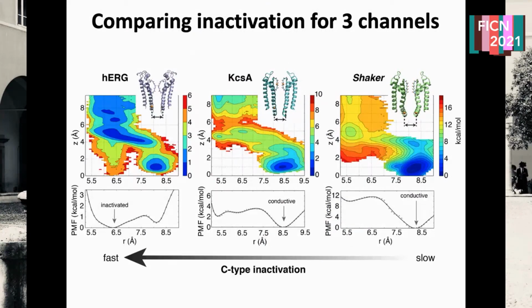hERG inactivates more than KcsA, which inactivates more than Shaker. So if you have the same degree of opening on all of those channels, then hERG would be fairly conductive. KcsA would be conductive with some access to the inactivated state, but hERG would be mostly inactivated. And so this is actually true to experiment, that inactivation is more pronounced in hERG than in KcsA and more